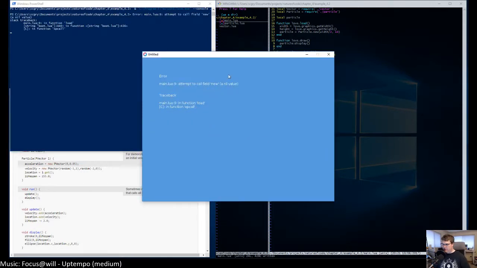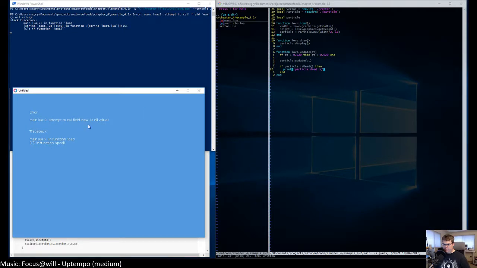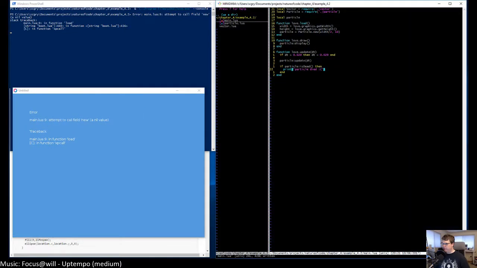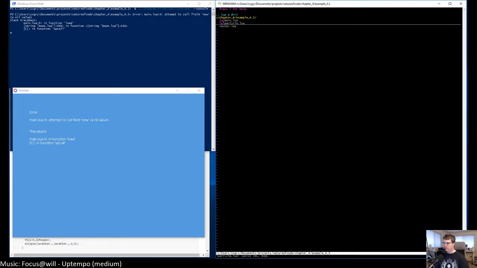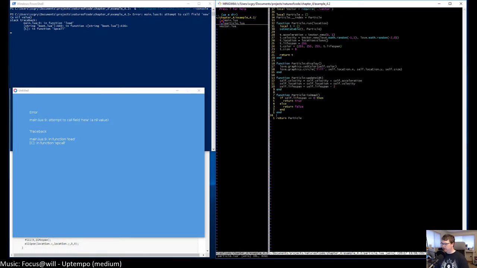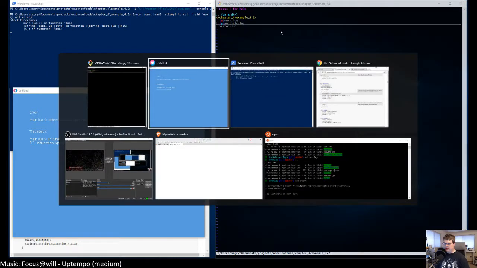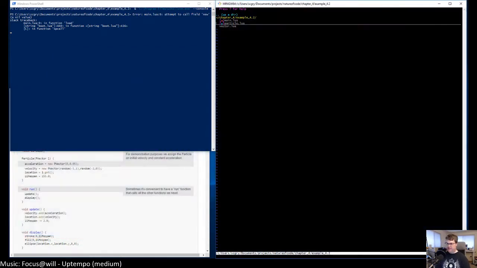Attempt to call field new a nil value. Fine. Particle equals particle.new. I've done this several times now. Particle.run instead of particle.new. Let's change that and see if that fixes it.